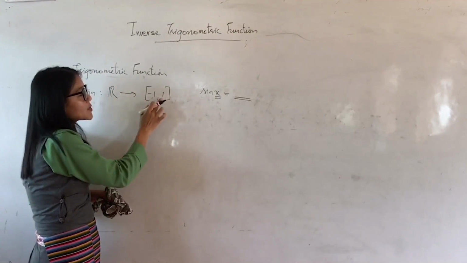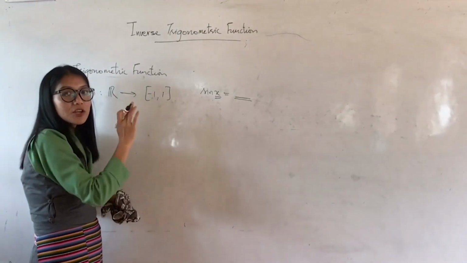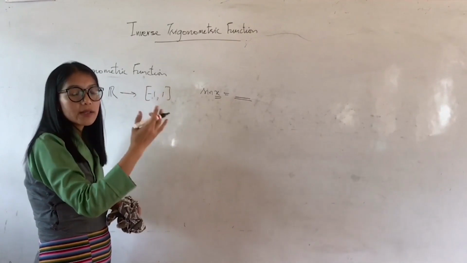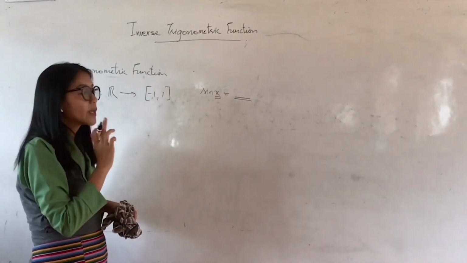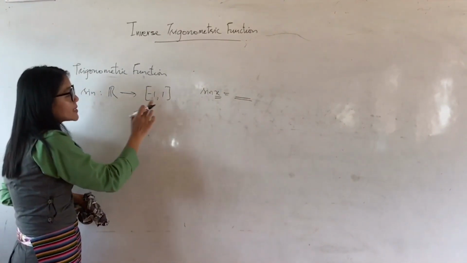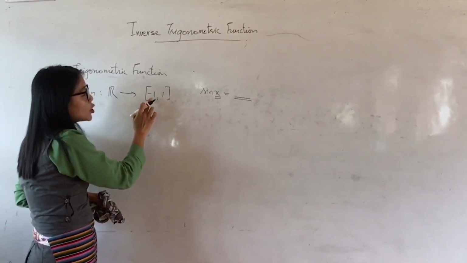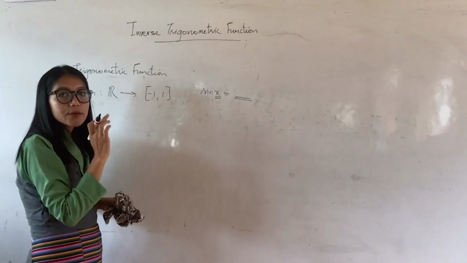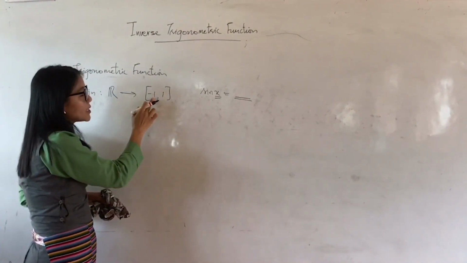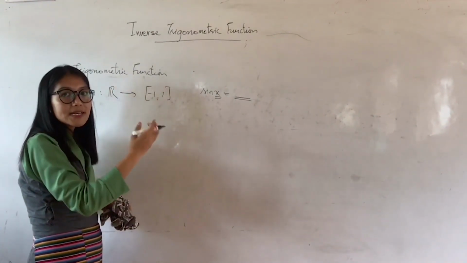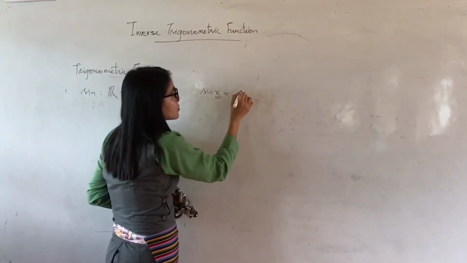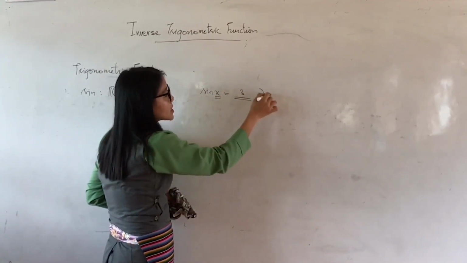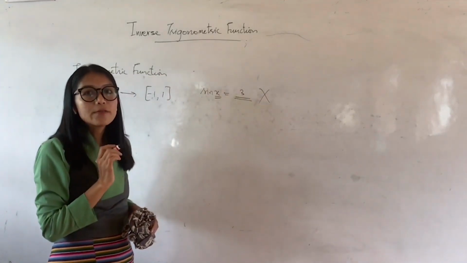At most the value of sine can be 1. The value of sine will never exceed 1. The value of sine is always less than or equal to 1. That is one thing you have to remember. Also, the value of sine is always greater than or equal to -1. The value of sine will not be less than -1. So if somewhere you see sine x equals 3, this equation is incorrect. It is not a valid equation.